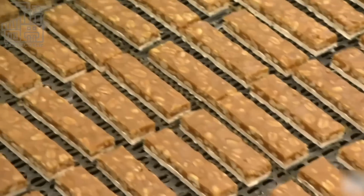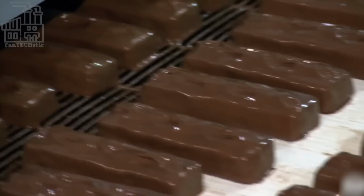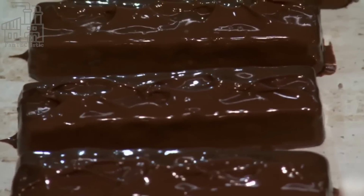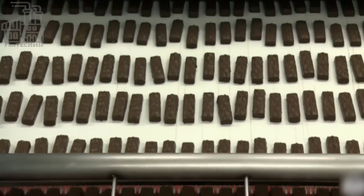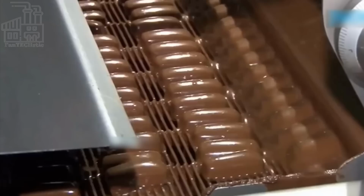As the uncoated Snickers candy bars leave the slitting machine, they go through the bottom coat first, which bathes the individual bars in chocolate from the bottom. About 2 seconds later, they are fully coated in milk chocolate. Now that the candy bars are completely covered in a thick chocolate wrapping, they are ready for the next stage,